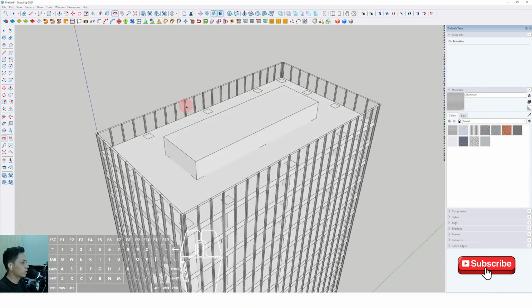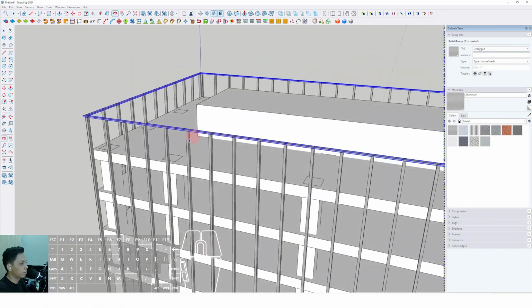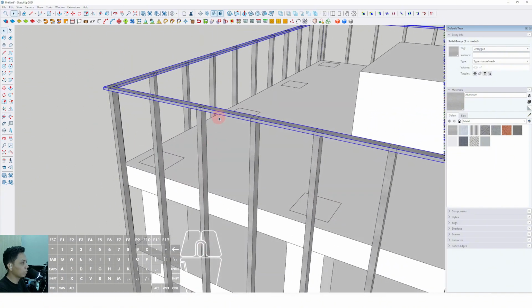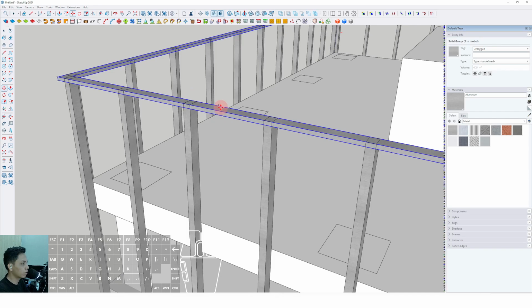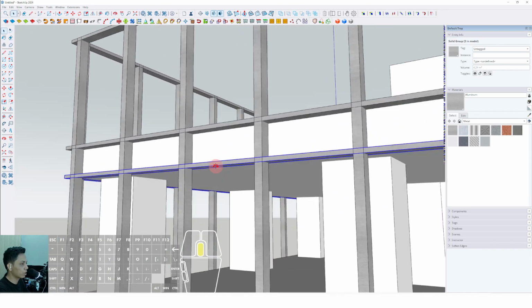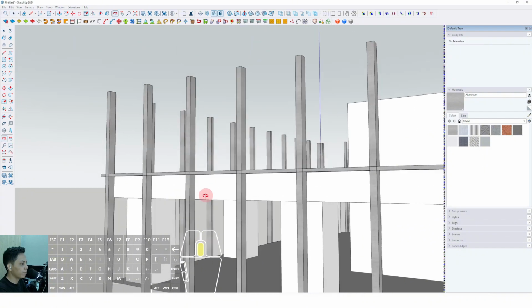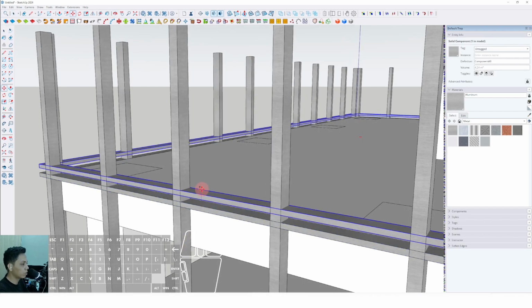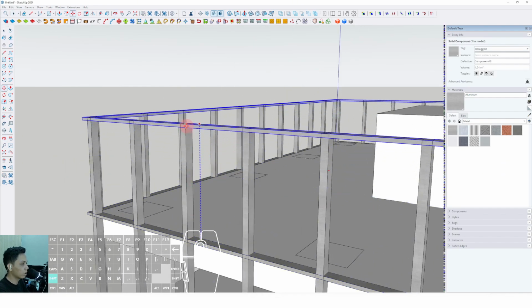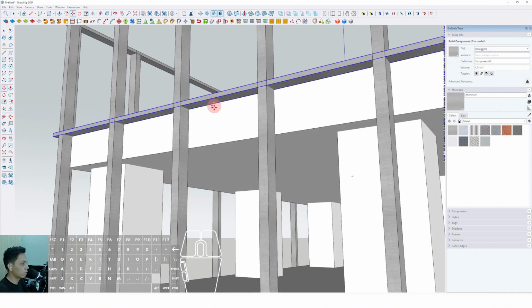Right click and erase on the center plane. Then we have to push it down around 100 millimeter approximately. Right click and make group and adjust the material component with the same material before. Then we have to move, press Ctrl, place to this position, then select move, press Ctrl, place to this position. Or sorry, we have to make component first anyway, so we can repeat it, because making component is very important to make it easier for us to modify for further time